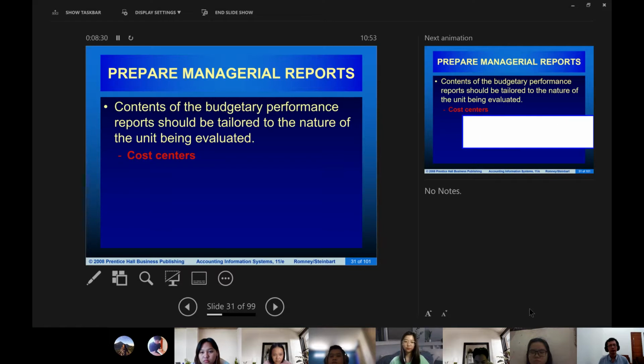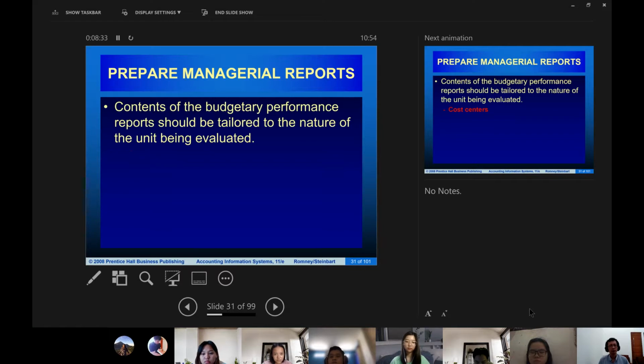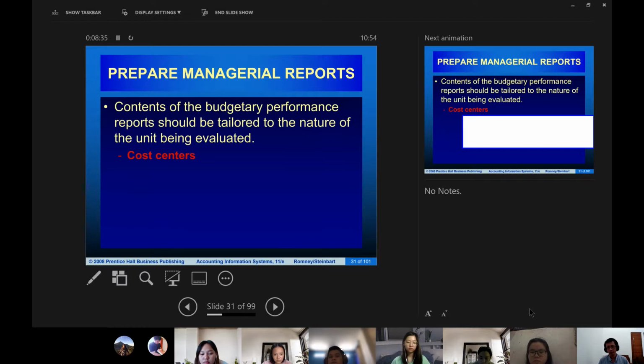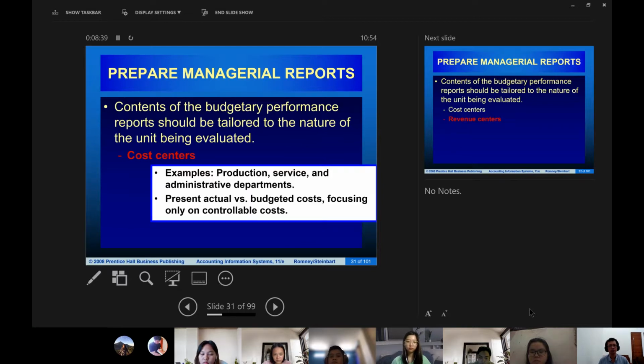There are a few different centers for that. First is the cost center. This is a responsibility center, for example the production, service, or administrative department. This center is only responsible for expenses, like production. They will consume material costs, labor costs, and overhead costs, but no revenue. So their performance will be assessed by comparing the cost budget